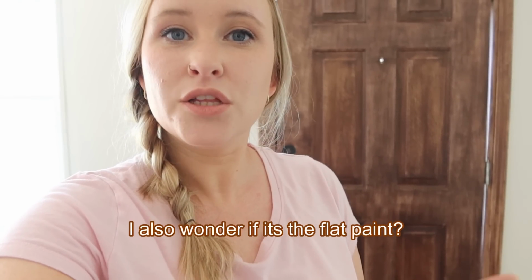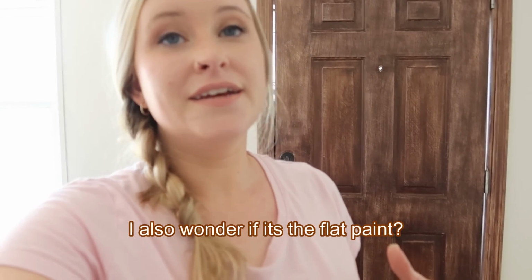But I definitely wanted to give this a shot because I love how they look on Pinterest. They are so pretty, and it could just be the color of stain that I'm working with. Mine is a little bit darker than what I'm seeing on Pinterest. They have like more of an oaky color, but I don't know, we'll have to see how I'm feeling in